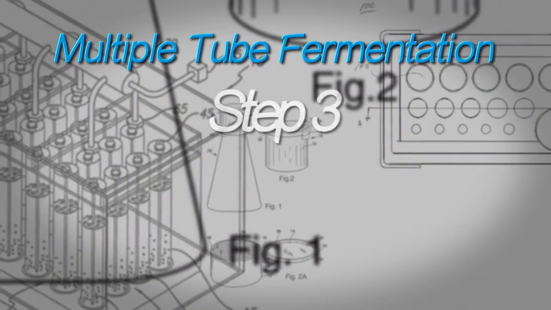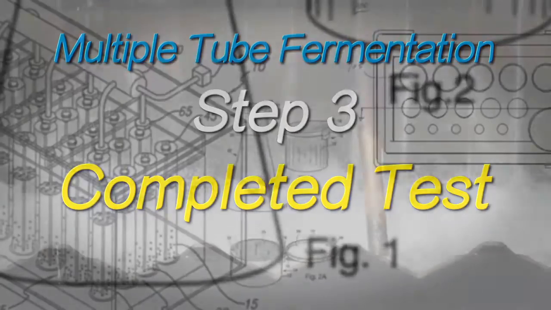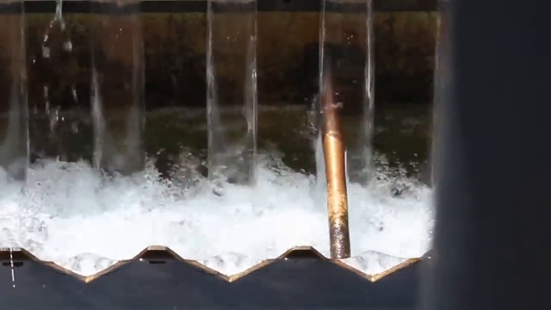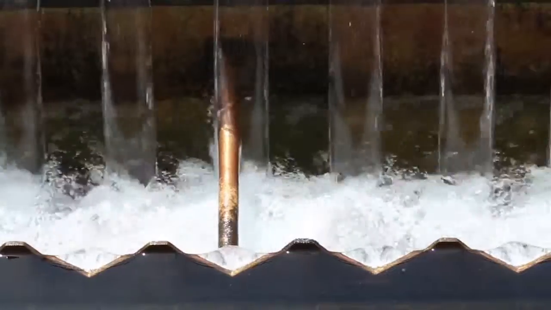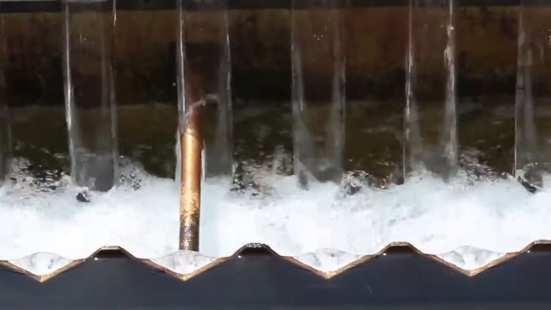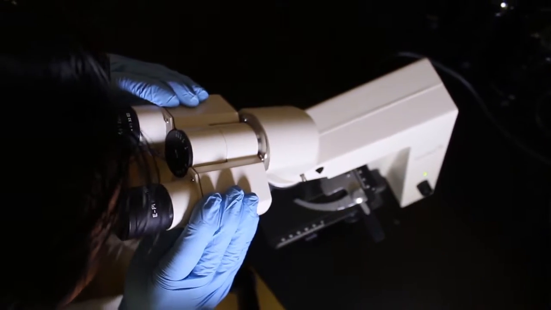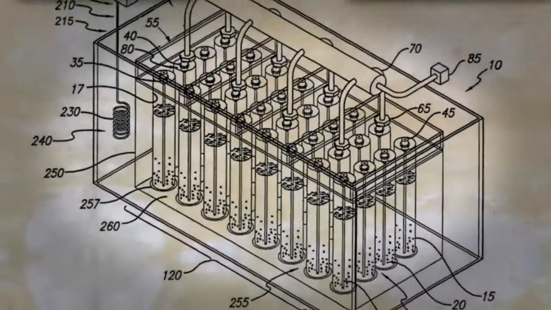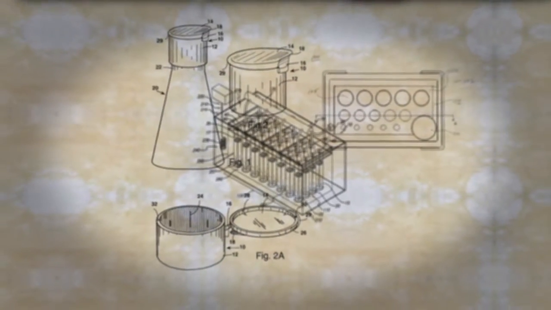The third step in the multiple tube fermentation analysis is the completed test. This is rarely conducted on drinking water samples because the presence or absence of total and/or fecal coliforms is all that is needed to determine the safety of our water supply. The completed test uses a number of advanced bacteriological techniques, including microscopic analysis to determine the actual identity of the microorganisms present. For the past 100 years, the multiple tube fermentation analysis has been used to determine, is the water